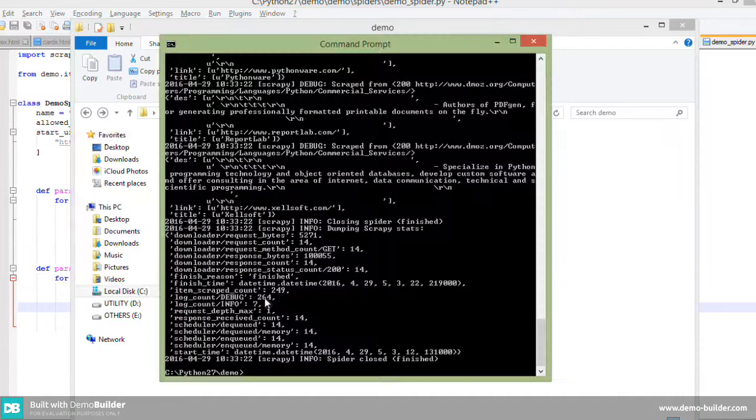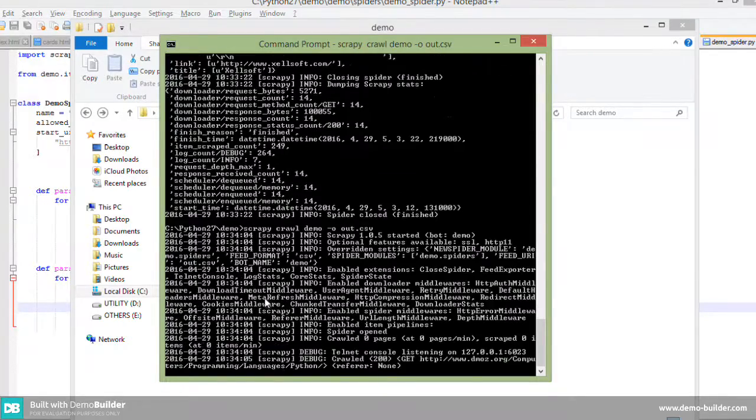Okay, next is we can store. One main thing of Scrapy is we can store the output to any structured format, like with -o, this command: scrapy crawl demo, or scrapy, that spider name, -o, and out.csv, I will select csv.